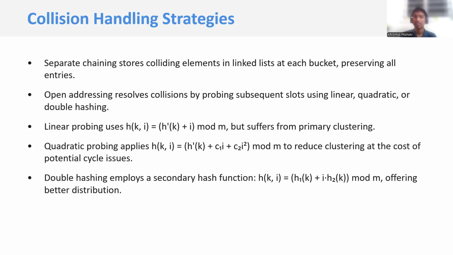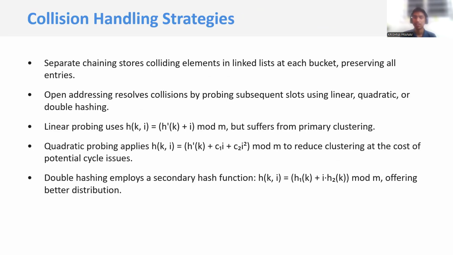Collision handling strategies. Separate chaining stores colliding elements in a linked list at each bucket, preserving all entries. Open addressing resolves collisions by probing subsequent slots using linear, quadratic, or double hashing. Linear probing uses h(k, i) = (h'(k) + i) mod m, but suffers